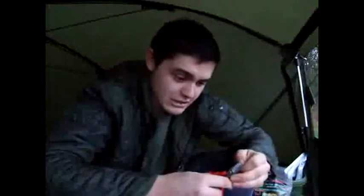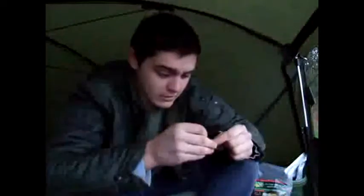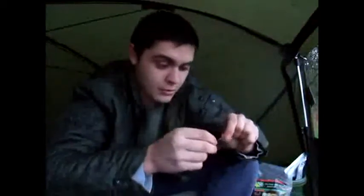And I like to put two bits on, one just at the shank, and then one just to kick the hook point at the bottom. Cut a tiny little piece like that. Just want to slide it on,